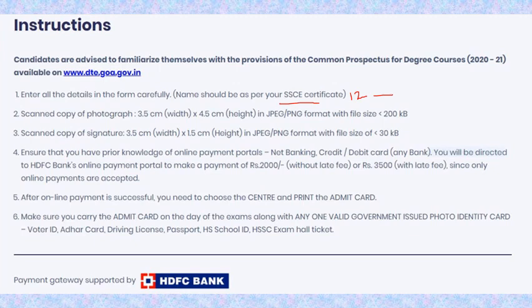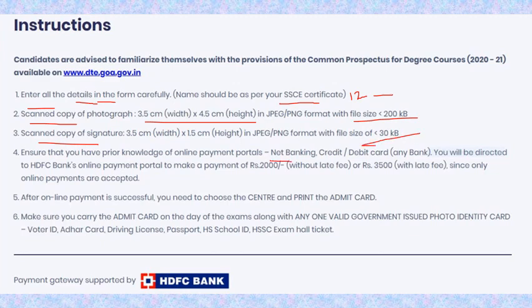Now these are the instructions given by the website that is given to us by the Technical Education. These details are given there. You must have seen this. I'll just discuss this before we actually start. Second thing, you should keep a scanned photograph, and the dimensions are given here. You need to keep them in this size. The file size should be less than 200 KB. Then you need to keep the scanned copy of a signature. All these things you need to keep ready before you actually start.